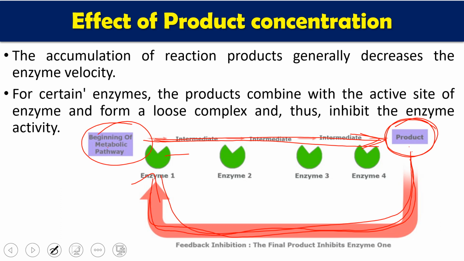So product concentration is inversely proportional to the rate of reaction. It means if product concentration increases, rate of reaction decreases. If the rate of reaction has to increase, you have to remove the product. So in this case, this is rate and this is product concentration. You will get roughly a curve like this one. At the initial time when we have started the reaction, we will have the maximum rate, and slowly product formation occurs, product concentration increases, rate of reaction decreases, and ultimately it will be almost flat.